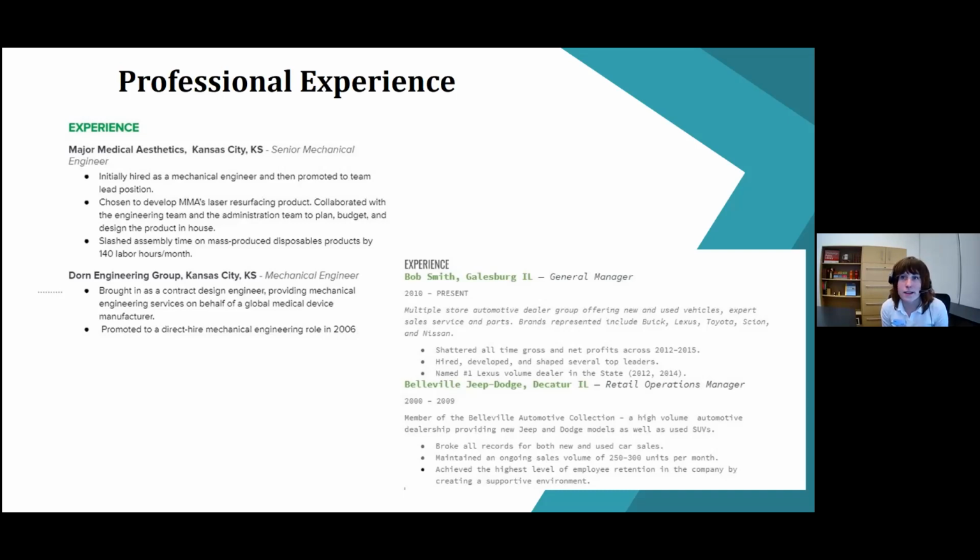So yeah, the next slide, unless you've got more questions, and let me know if we do, is professional experience. So this can be your job history or work history, however you want to word it. We've got a couple of different bulleted examples here. You can see the one on the left is a senior mechanical engineer. So he's got some bullet points listed there. But then we also see this other one who is a general manager, where it describes kind of the overview of what he did at each position and then goes into some bulleted